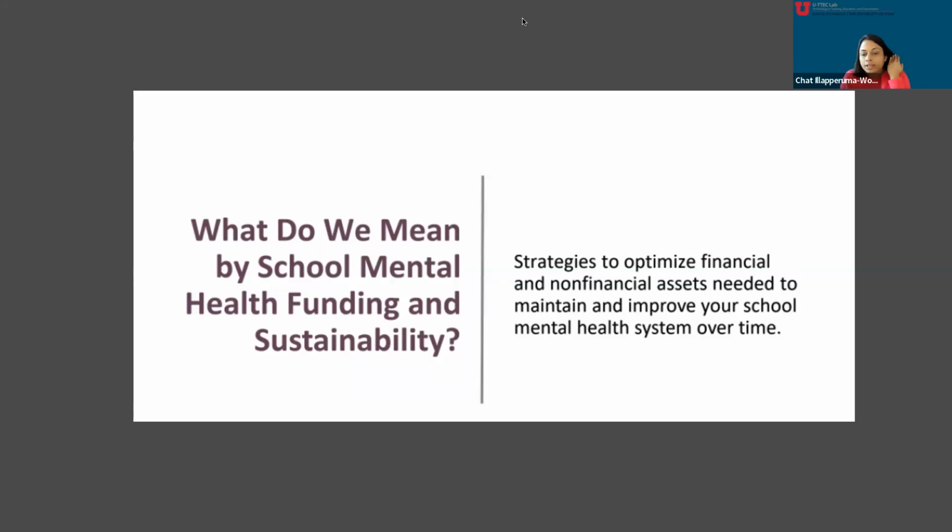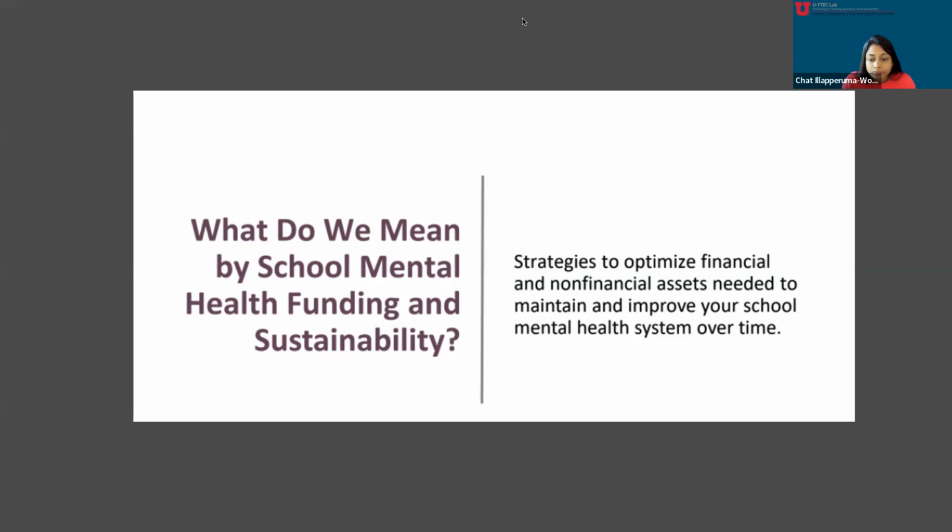If you take funding, funding is intended to cover the costs of school mental health systems. What's important is that when you think about funding, something we tend to do is think that the funding has to go directly to the school. But that doesn't always have to be the case. Funding could be used to fund partnerships, and those partnerships could be with community providers for services or other partners who provide services to students and families in the school.